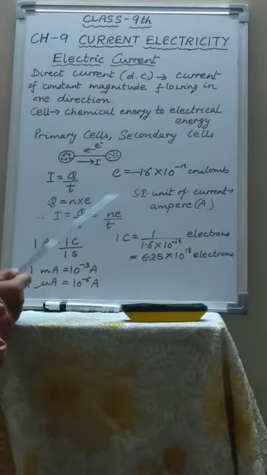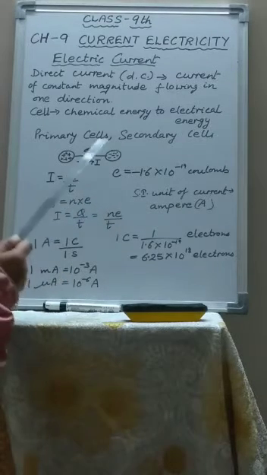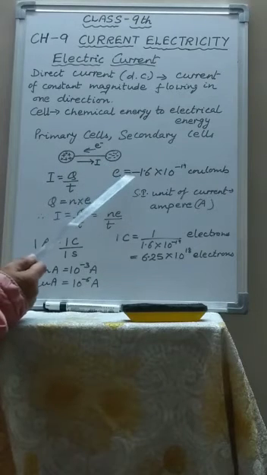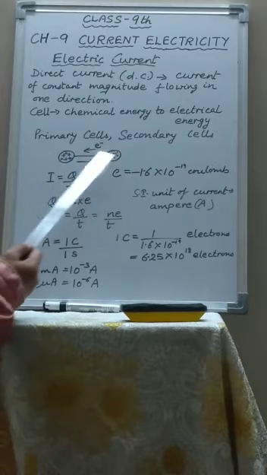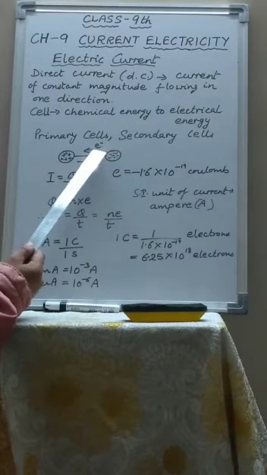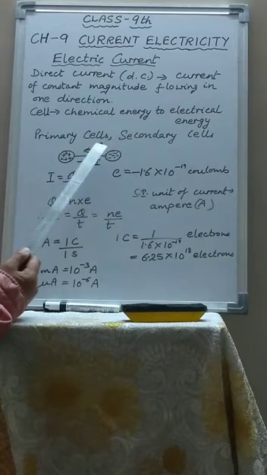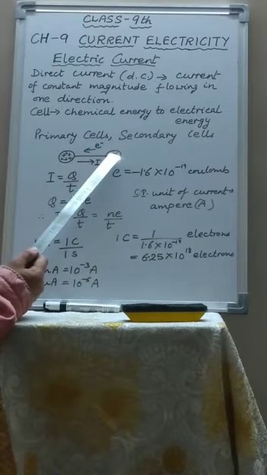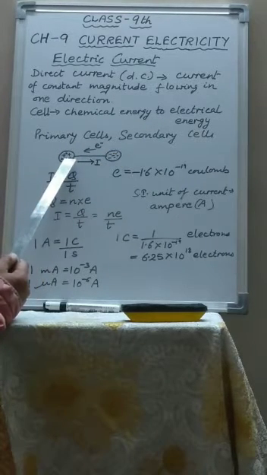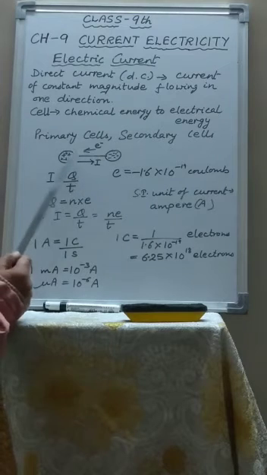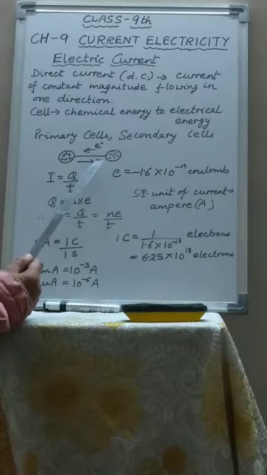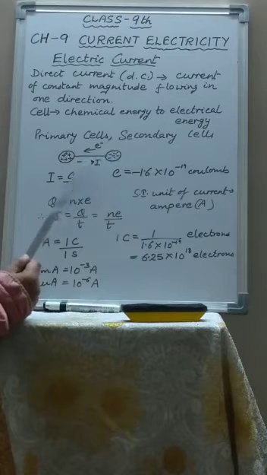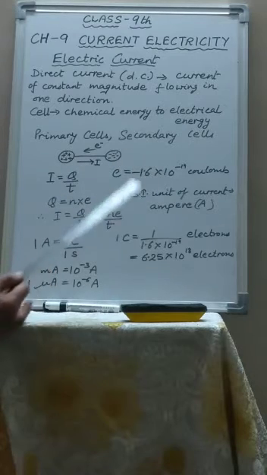Now, direction of current, conventional and electronic current. The direction of current is always taken opposite to the direction of flow of electrons. So the electrons flow from negative body to positive body, so current will always flow from positive to negative. The direction of current is always taken opposite to the direction of the flow of electrons.